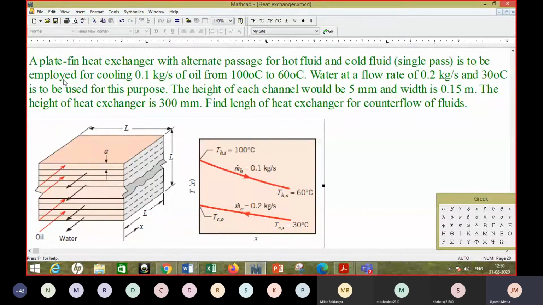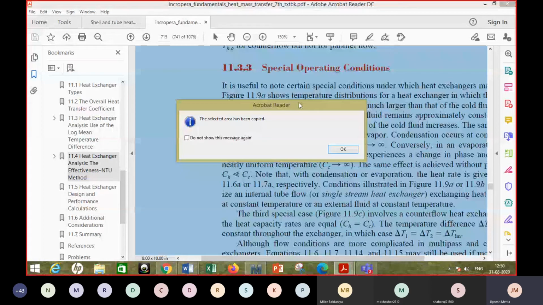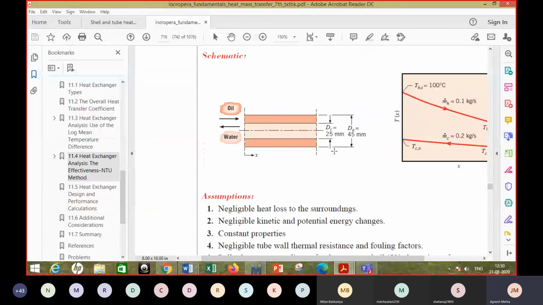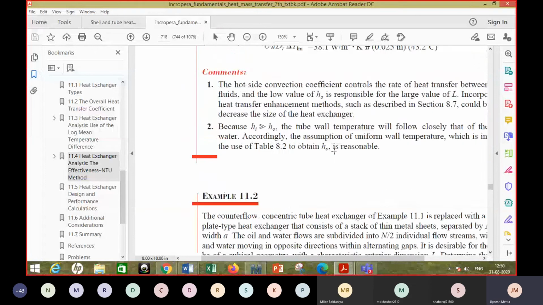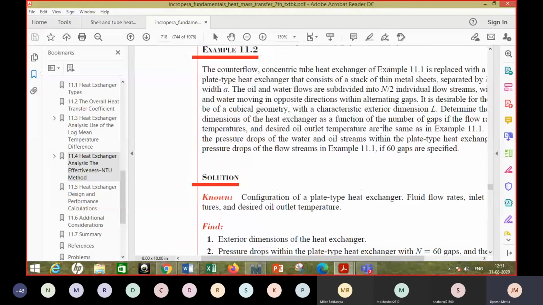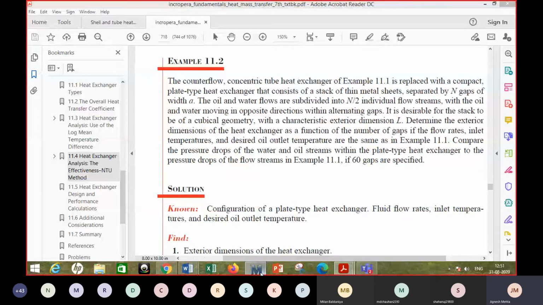So a plate fin heat exchanger, actually there are no fins put here, but still it is written as plate fin heat exchanger. A similar example is there in Propera David. Let me check whether the same terminology is used or not. Yeah, so it's not plate fin, it is plate type heat exchanger. Okay, so a plate type heat exchanger